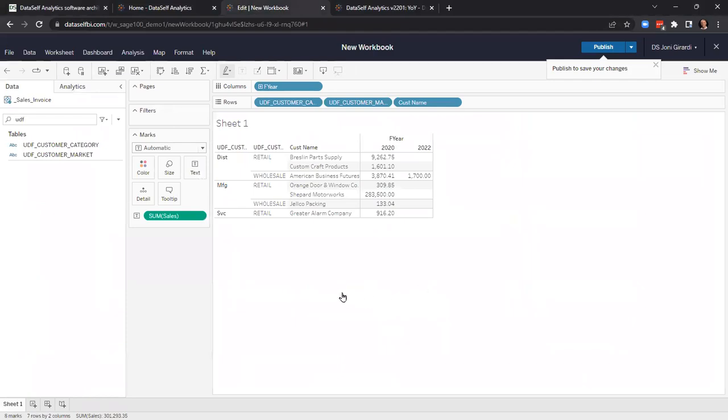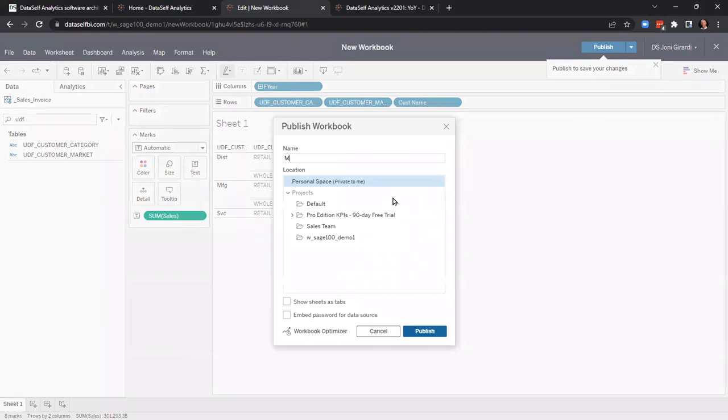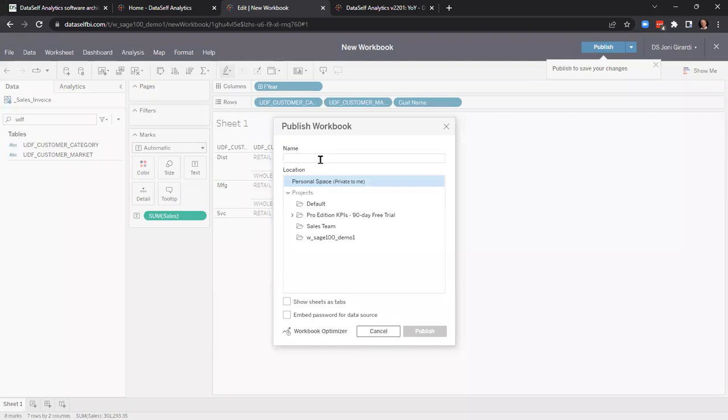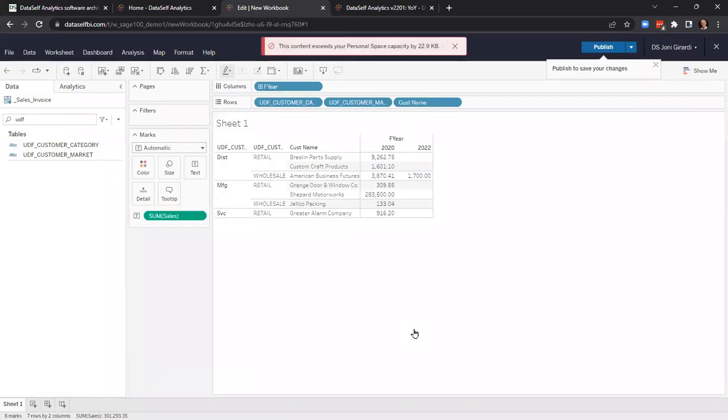Now, in this report here that is in Tableau, the web server that I just created, what if I want to save this report and automatically share with my users? So I just created the report from scratch. I'm going to click Publish, meaning make a new report. My first report. I publish my first report. Beautiful. I might not be able because maybe I didn't provision space. Let me try again. Yeah, I didn't provision enough space for my demo box, but anyhow, I would have saved this report as a